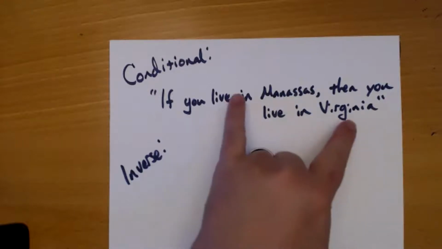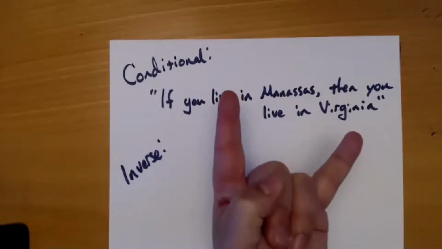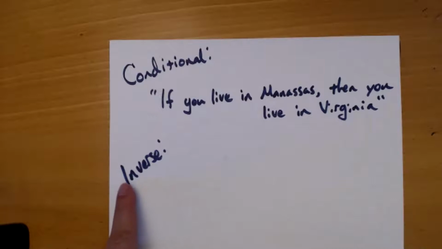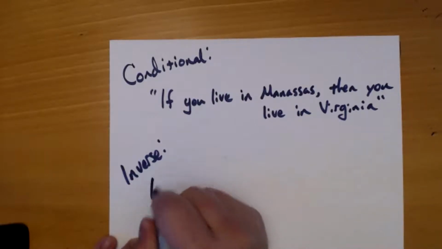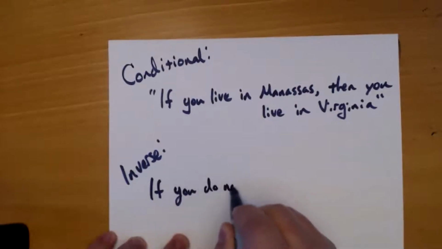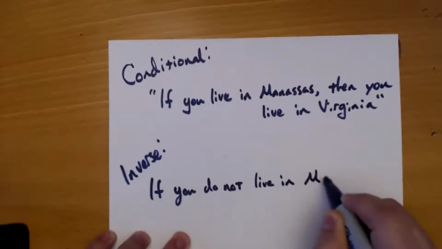What you just did was flip them. You gave me the converse. I need the inverse. If you don't live in Manassas, then you don't live in Virginia. Right. Remember, the inverse is insert not. So if you do not live in Manassas,